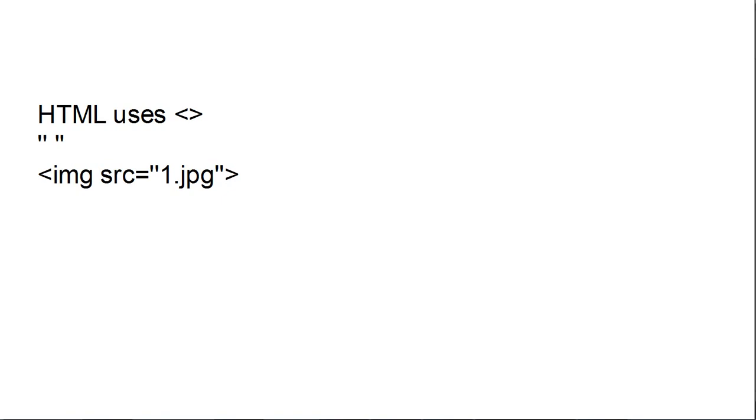HTML uses the less and bigger signs for its tags. The only difference is, if you know HTML you might have already noticed it, that I didn't use apostrophe signs for the attribute's value. In the HTML standard, it should have been less img src equals, and in apostrophes 1.jpg, and then a bigger sign. But since we are studying programming now, we can leave out the apostrophes, since the whole HTML is interpreted as